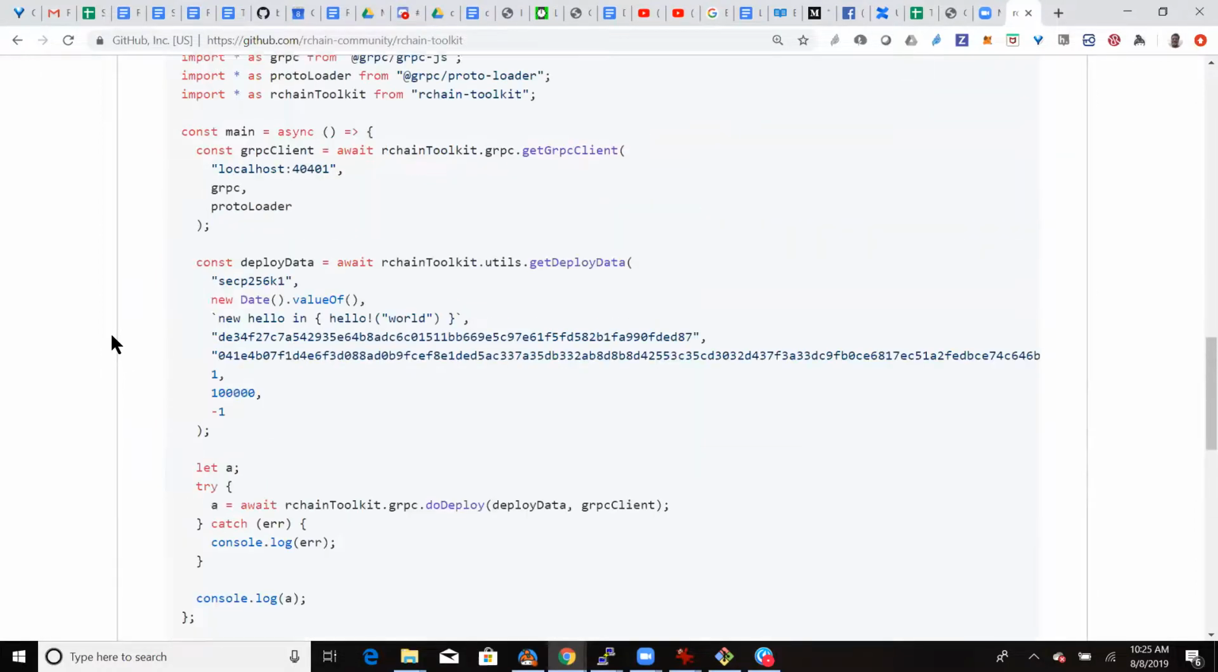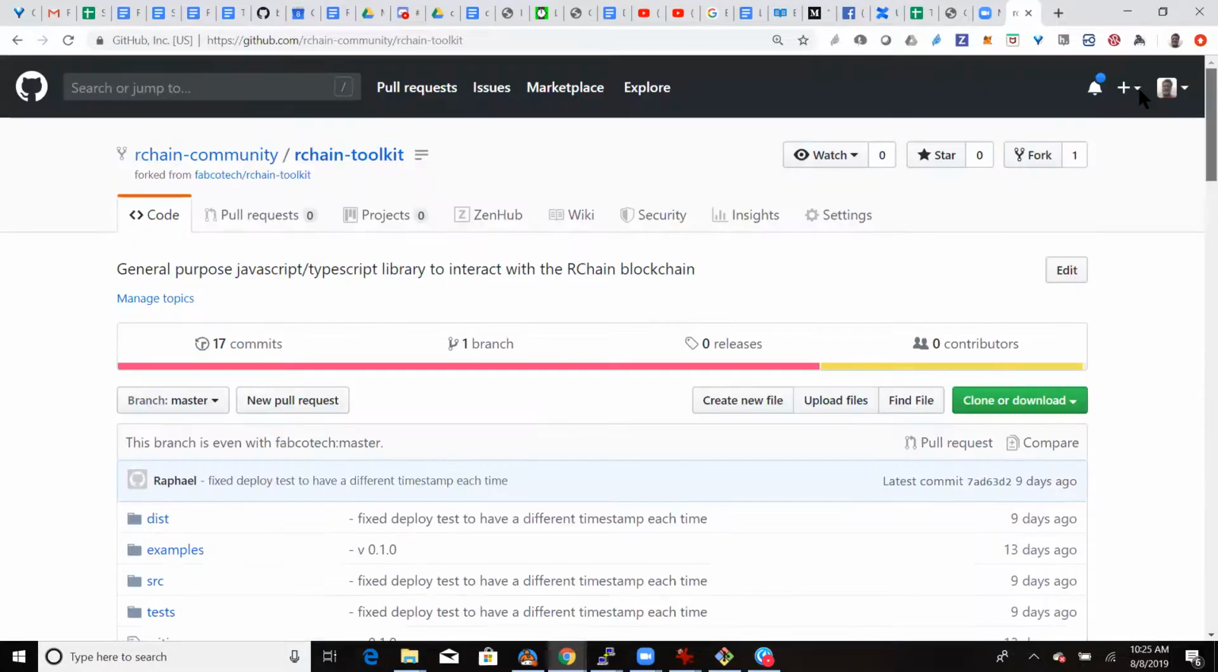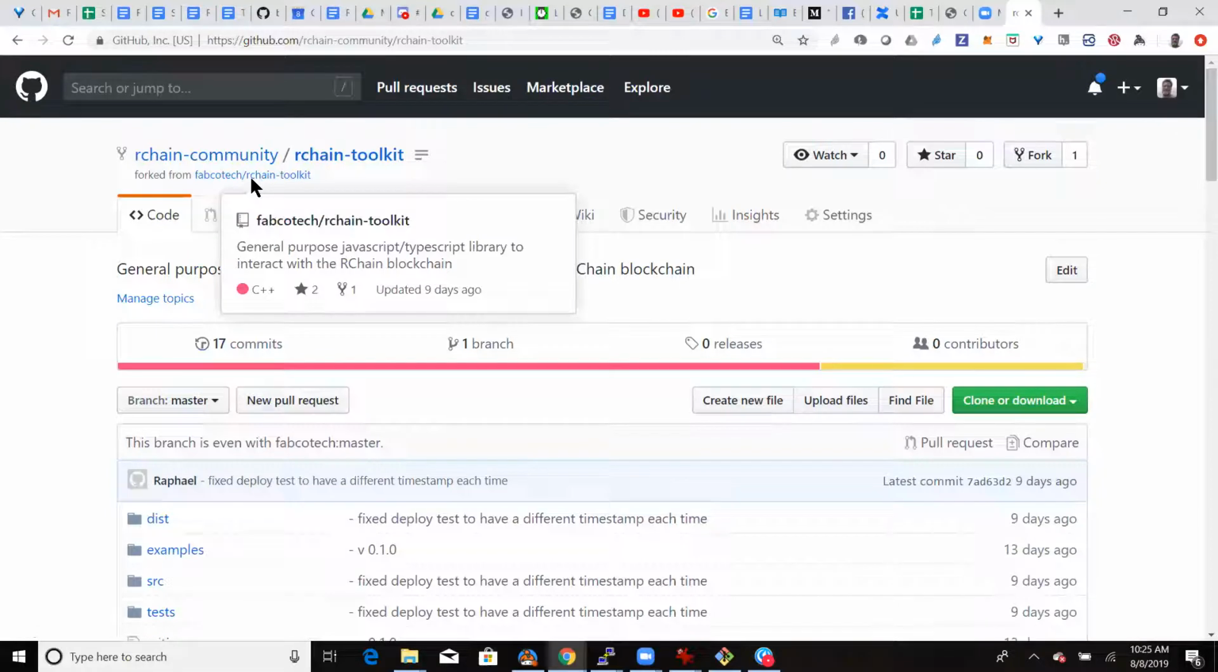Yeah, and tests I think are pretty basic, right? So the question is how we do integration tests with a real running node. Yeah. So Toolkit is already on Archer community. So